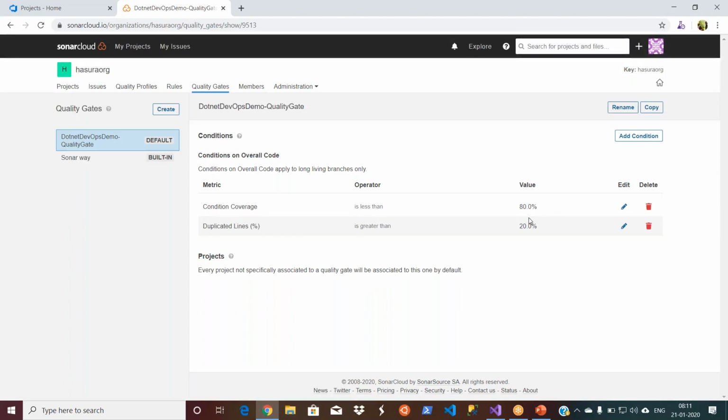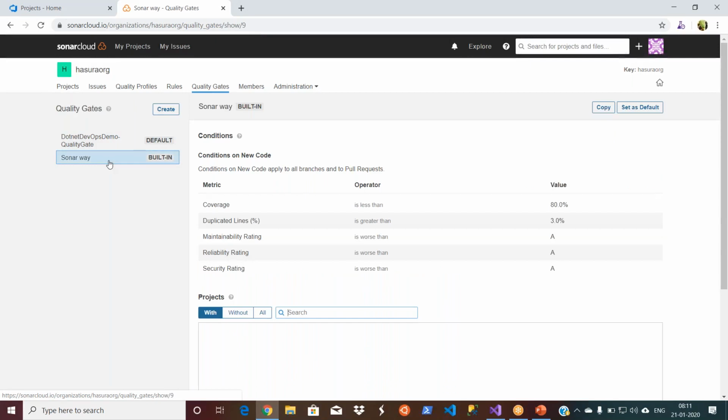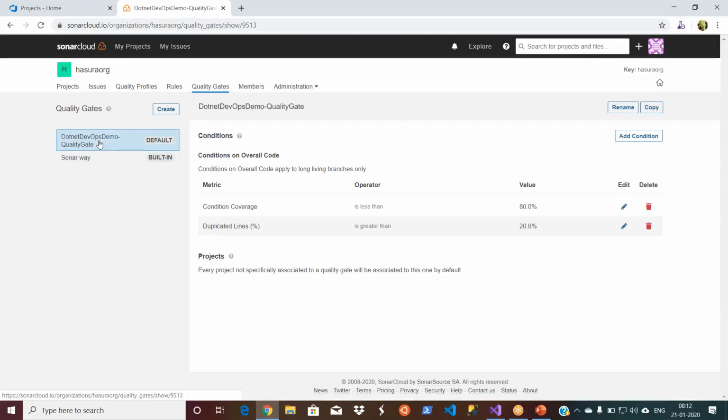But it's very tough. Okay, so you use duplicate lines and code coverage mostly, and make security related settings. What you see in our Sonar way, this is the default one, right? Built in. When you install SonarCloud or SonarCube, you will get these things. So most of the people use the same thing. Okay. So now what else do we need to do?